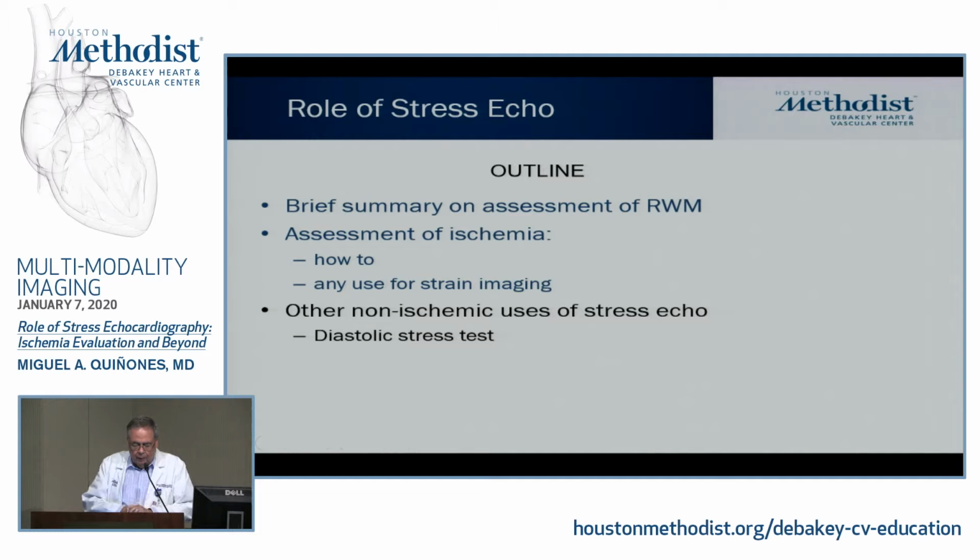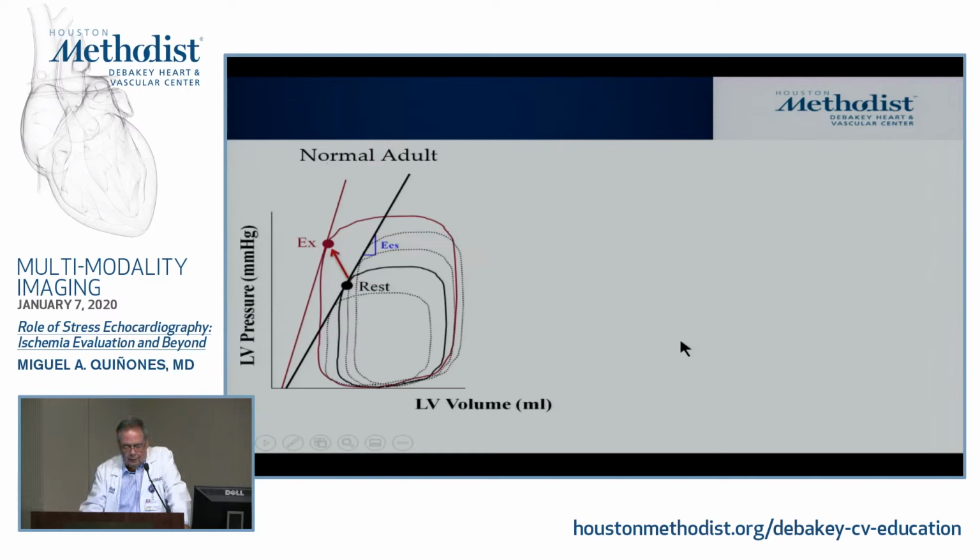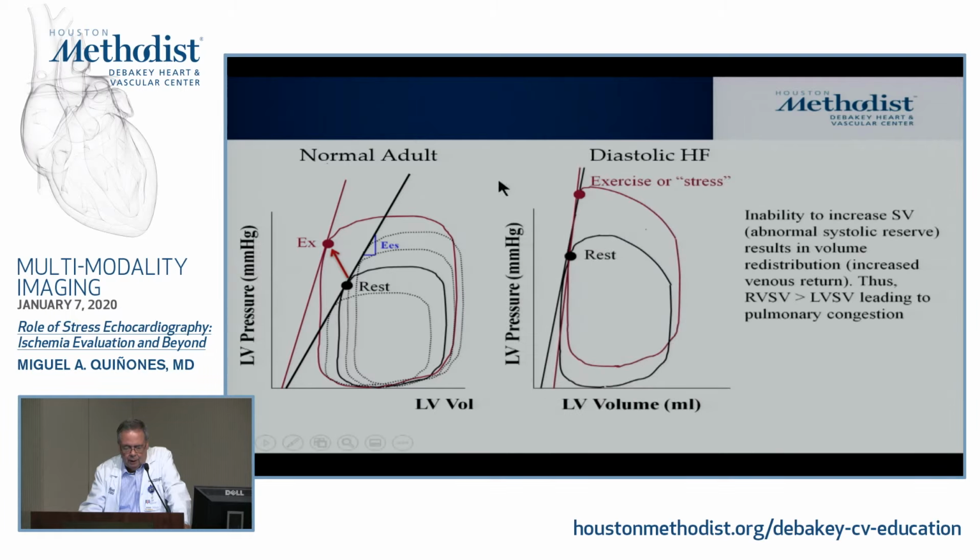So let's finish up with a little bit of the non-ischemic uses. And I hope you have some sonographers still here, because I think this is very important. So when a normal person exercises, this is what you get: increasing blood pressure, shortening of end-systolic volumes, and therefore an increase in stroke volume, and the filling pressure